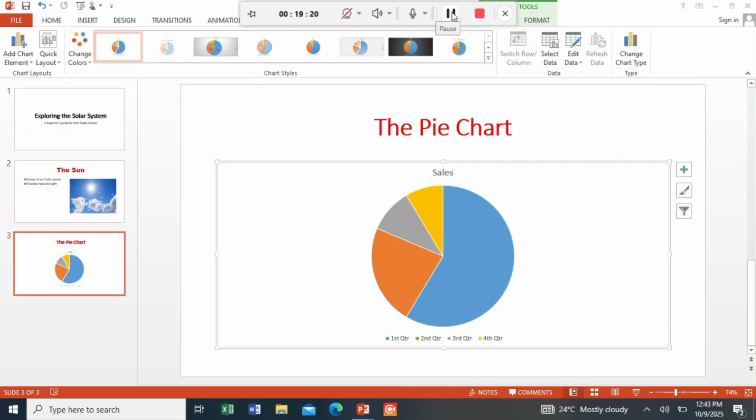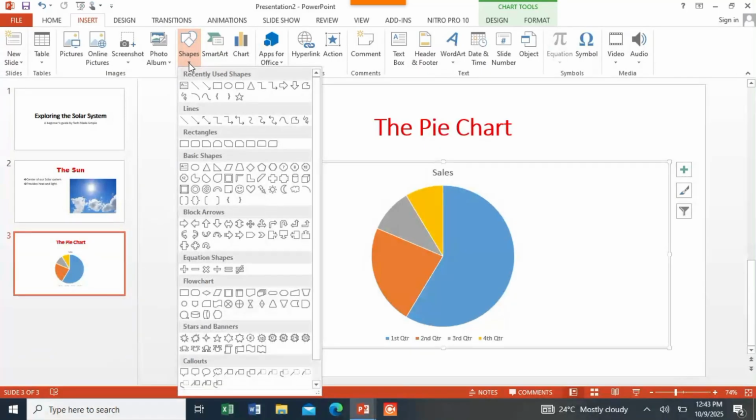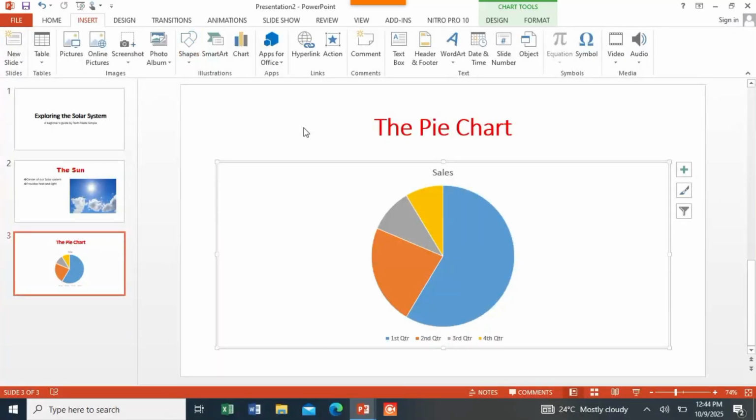You can also add shapes or icons under the insert button. So you click insert. You can see shapes here. You can include different shapes or icons from here as you would like. Also, the one important thing